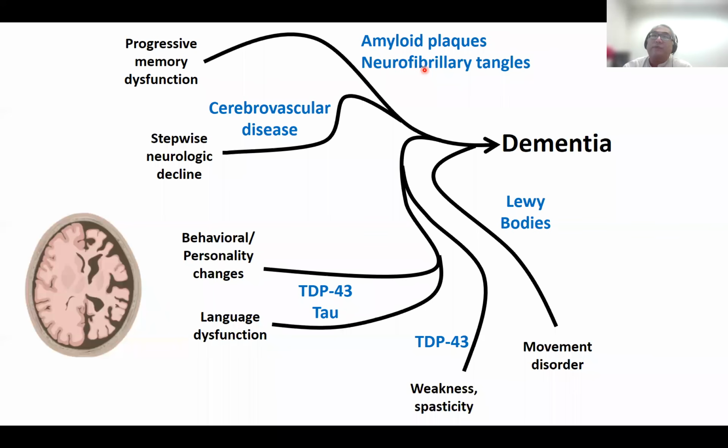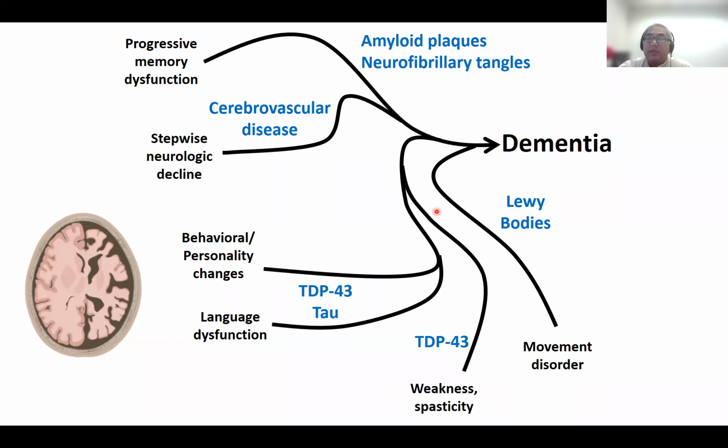But there are other types of dementia. So classically, a stepwise neurologic decline is what we think of as a vascular type dementia. If you have more behavioral, executive, or language dysfunction, these are what's considered to be frontotemporal dementias. Even motor neuron disease, so you could have motor symptoms, and many of those individuals with ALS or